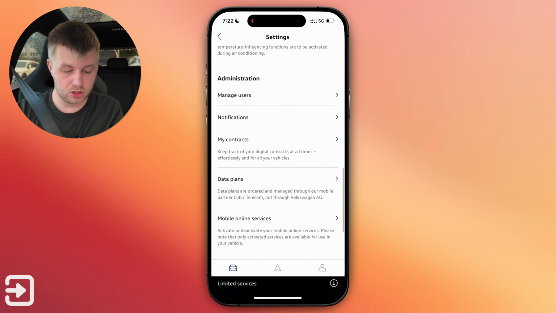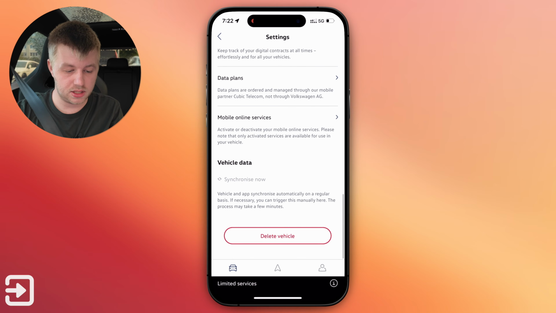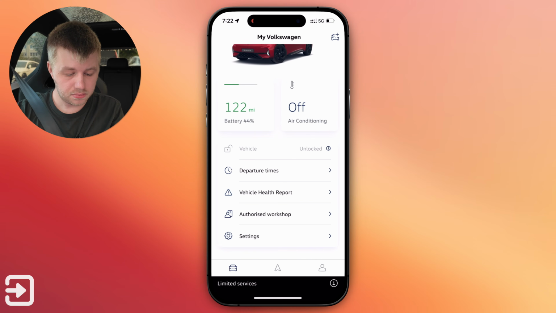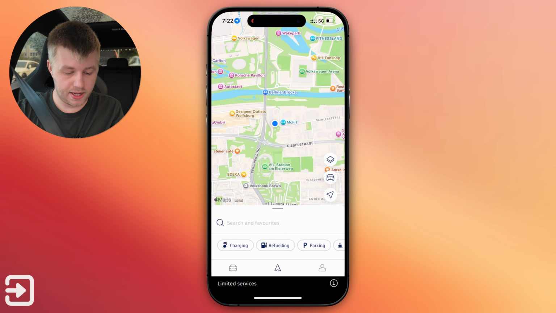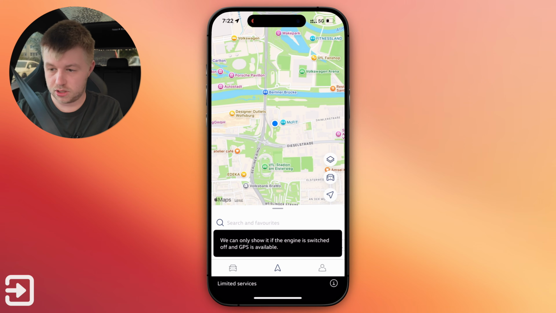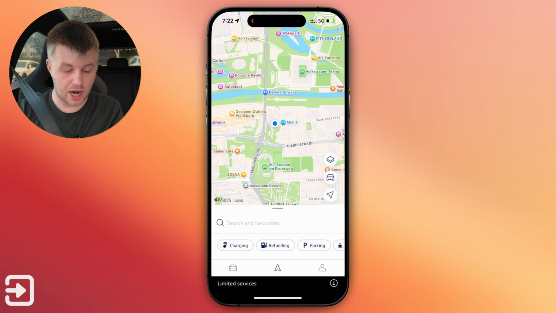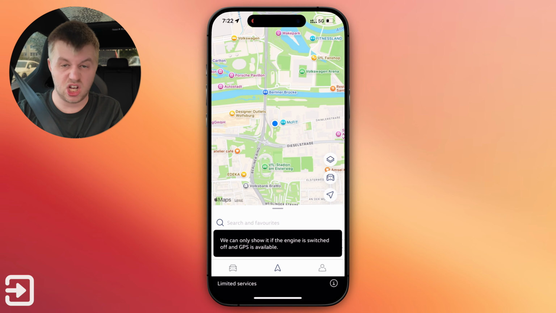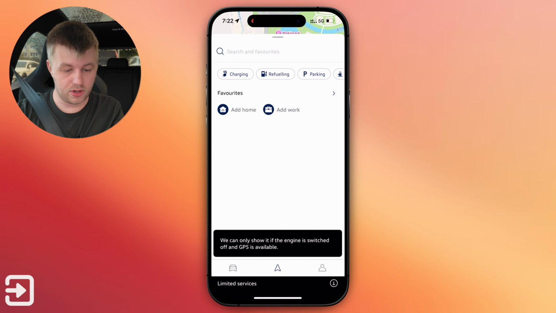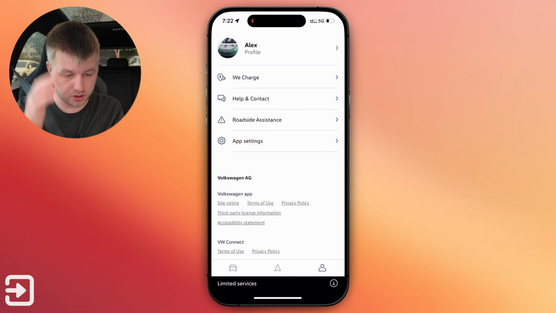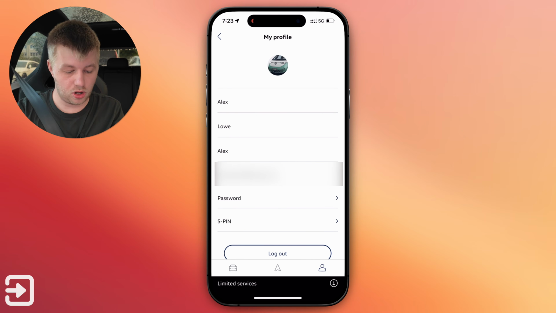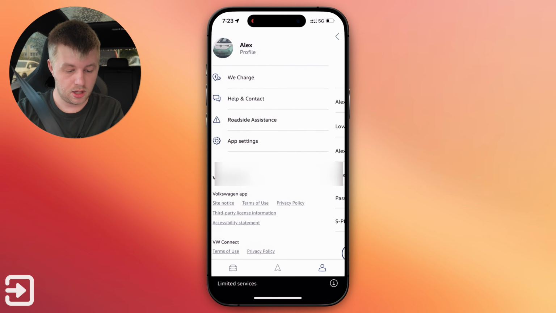Got air conditioning zones, users, contracts, data plans, and other stuff like that, and online services. Got the location here, so the location where you are and the car. So let's turn the car off. The car is now turned off. It'll only actually show where the car is if the car is actually turned off, which is a very strange thing actually. And also person, so you've got profile here, so my email address and password, profile picture as well,